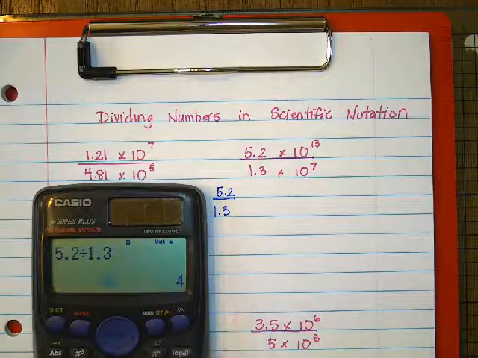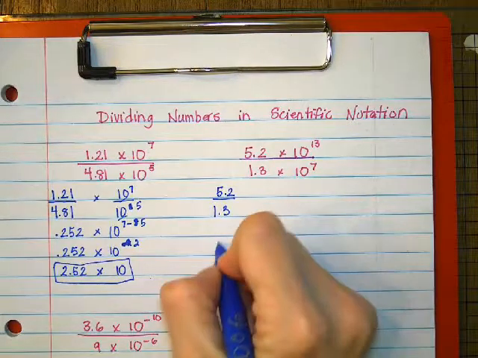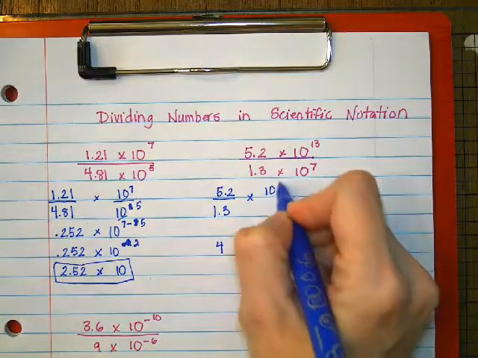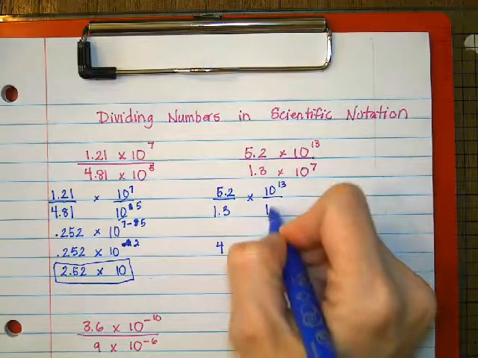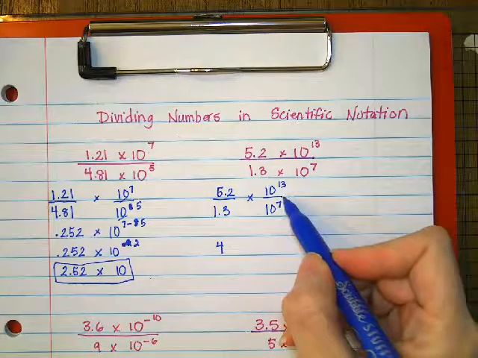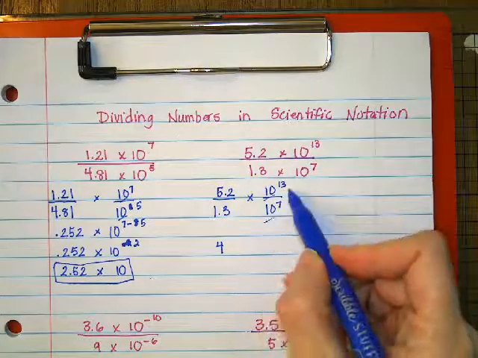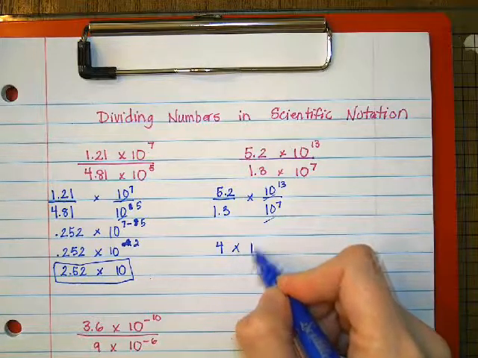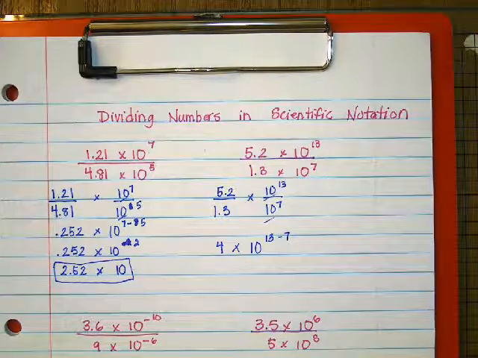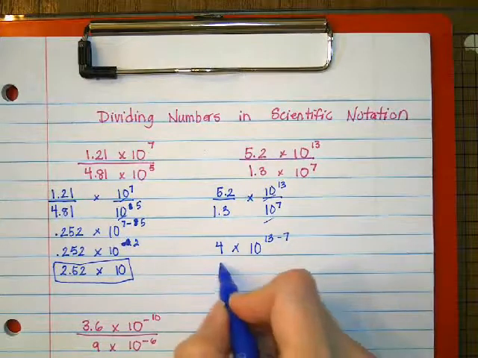Look, I don't have to do any rounding. So this becomes 4. And then I've got times 10 to the 13th divided by 10 to the 7th. Alright, since they have the same base of 10, I take my two exponents, which are 13 and 7, and I subtract them. So 13 take away 7,